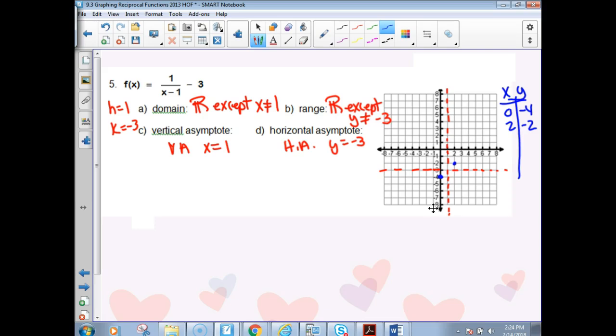Now I'm going to tell you right now, whatever else you plug in, you're going to start getting fractions. And that's because this is a 1 in the numerator. There's no stretch away from where the asymptotes intersect. And so everything else is going to be icky. So this is the time when I would say go ahead and just graph it, because you've got a good point, an accurate point in each area,